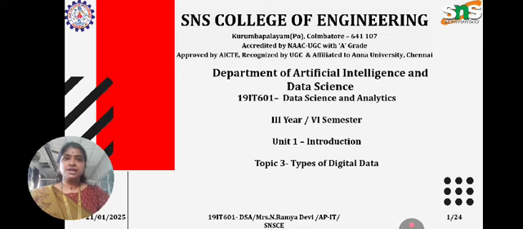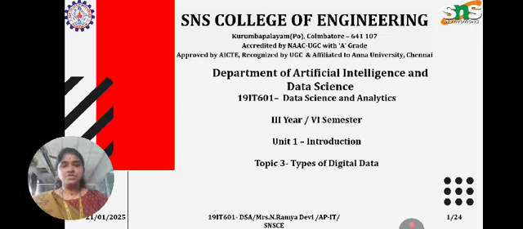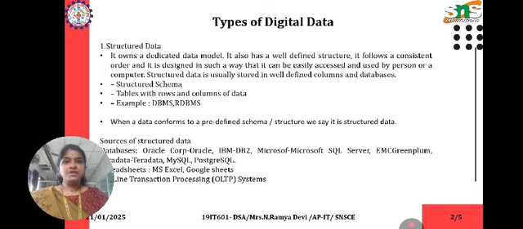Today I'm going to share a small article regarding types of digital data. So before that, we'll see what is data. An unprocessed meaningful information is called data, which can be cleansed, aggregated, pre-processed and processed, and then used for